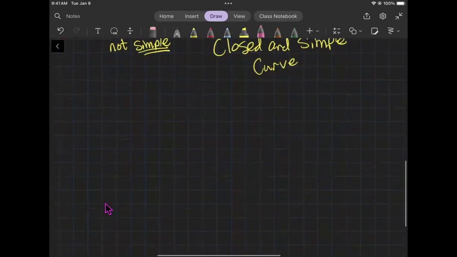Okay, so let's see. I know I wrote some more notes about line integrals. Where was it? Okay. All right. Well, where is it? It's right here. Okay, so